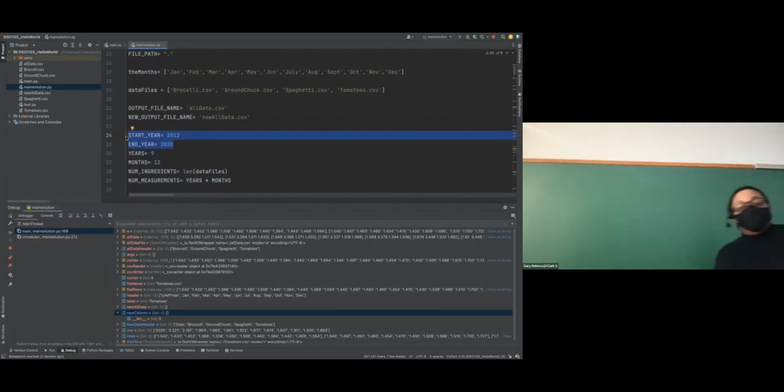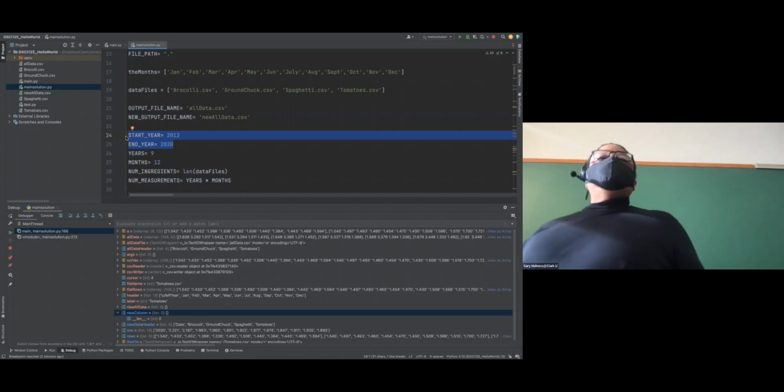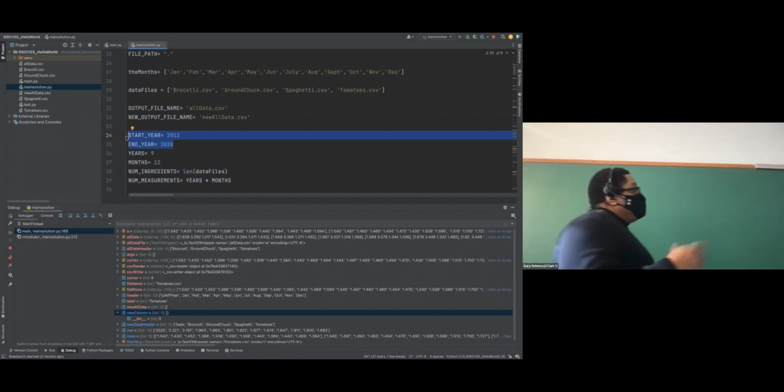Now, the nice thing about that is that if you wanted to change that in your program by implementing them as variables, this level of indirection, if you had this in like 10 places in your